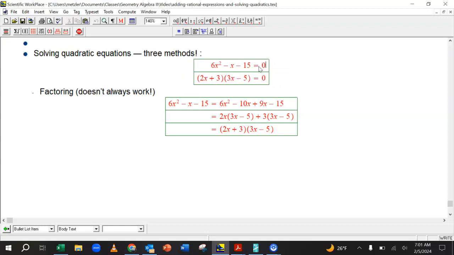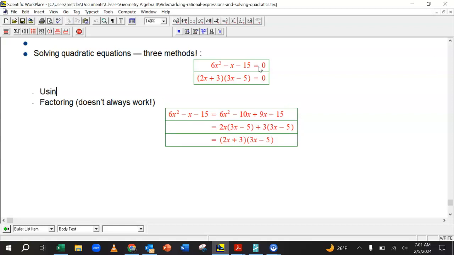It is so crucial that I've put everything on one side and this is equal to 0, because what I'm using here is the zero product property. If you're solving an equation, don't factor the left-hand side if there's anything on the right-hand side. It won't be very useful. It will be almost useless. But if this is 0 and you have factored the left-hand side,